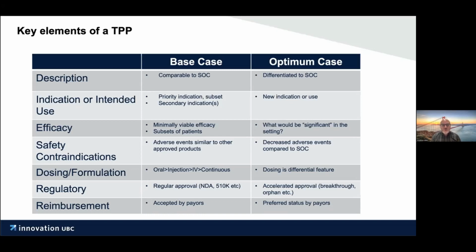Those are things always to keep in mind. And so efficacy, as I mentioned, minimal viable efficacy, subsets of patients is becoming more and more important. I think most of us are recognizing that various diseases have different subsets, and we're learning more and more about the biology of different subsets. The focus is to really identify who would best benefit from the treatment that you're developing, and what would actually